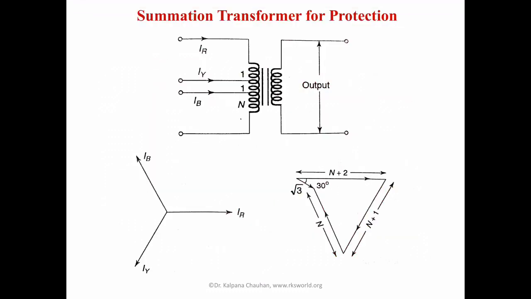The next type of instrument that we generally use in case of static relays is the summation transformer. Many times we need to derive a single phase quantity from three phase quantities. A summation transformer and sequence filters are used for this purpose. Here we have a figure. In this we have shown a summation transformer where the primary windings are connected to the output terminals of the line CTs.